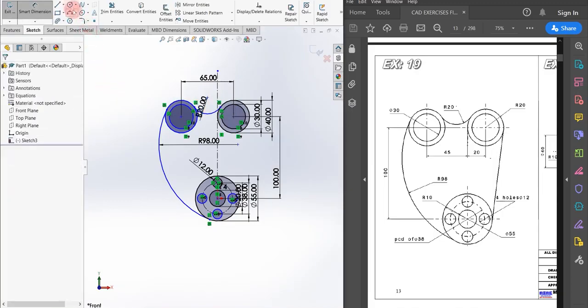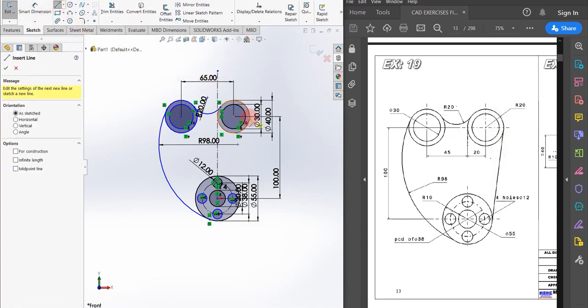Now I have another curve here joining these two circles. Actually that is a line, so I am just randomly constructing a line.